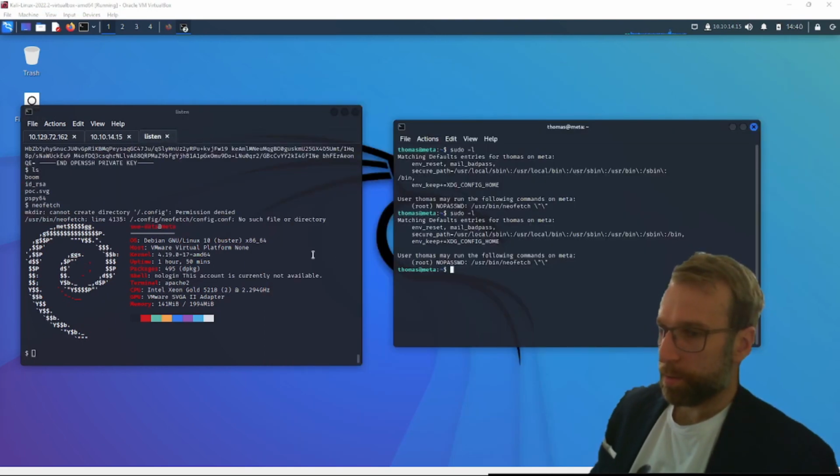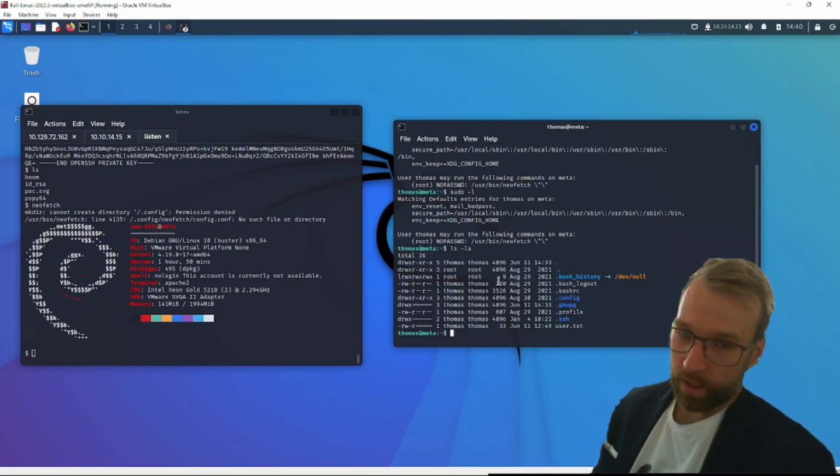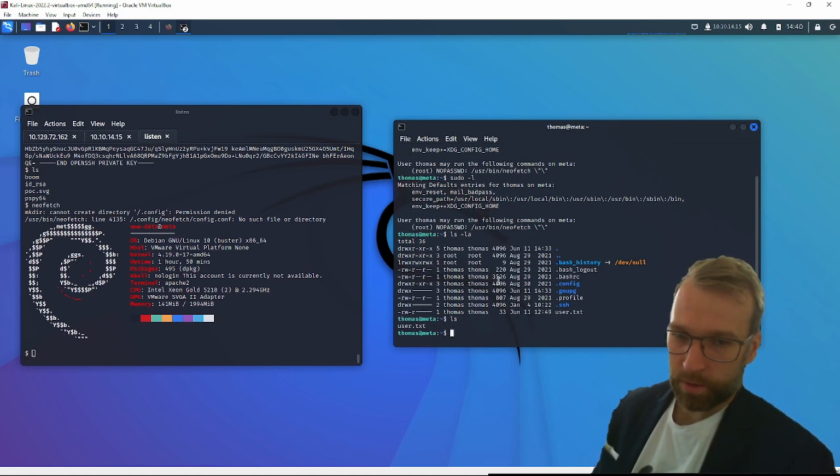So I just opened up a separate window here, and we're going to go ahead and check out this config file, which I'm not totally sure where it is. /usr/bin/neofetch, and then it looks for the config file in .config. So like in the root directory? No. Oh yeah. Okay. Or sorry, not our root directory, our user directory. And obviously there's the user.txt, so let's go ahead and look in .config,